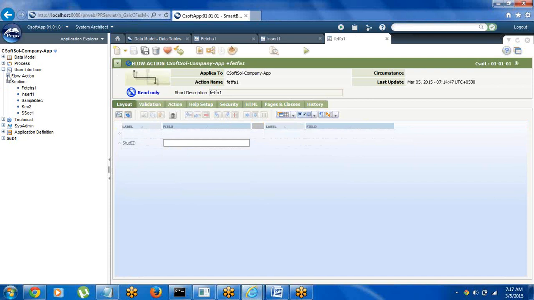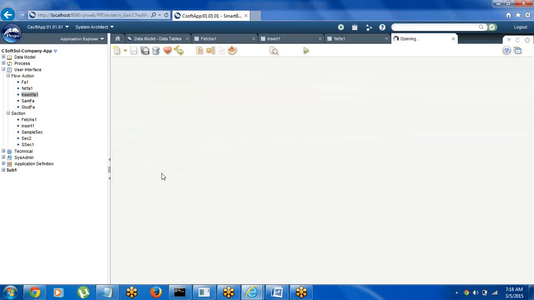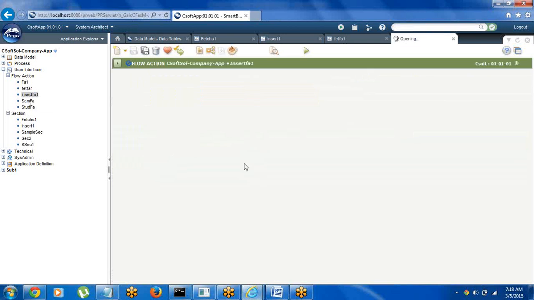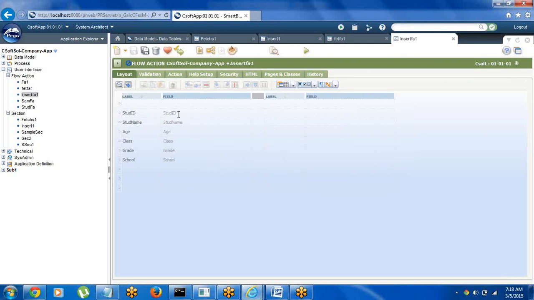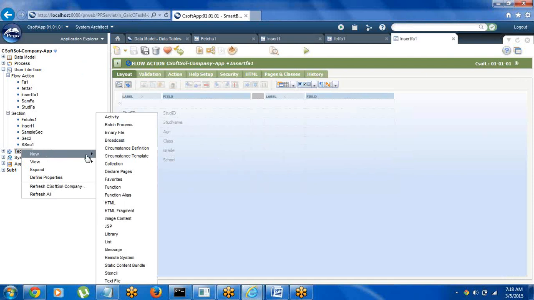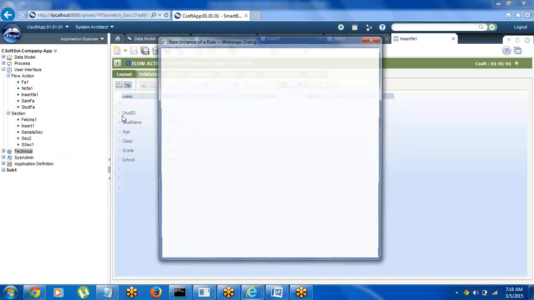Create an activity. So this is the flow action available already. Fetch insert FA1. So that is the second flow action we will be using. It will automatically update, no need to do any modifications. Now create activity rule and at the time of activity